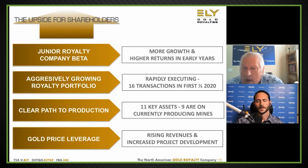So, with the doré, we're only paying those few transportation, insurance, and smelting costs to refine the gold. But in the concentrates, you pay a lot of other penalties. You pay a participation penalty if they don't like the price of zinc, or there's not enough demand for the zinc or the lead at any given time. So until zinc prices and lead prices really firm up, and there's demand for those beyond